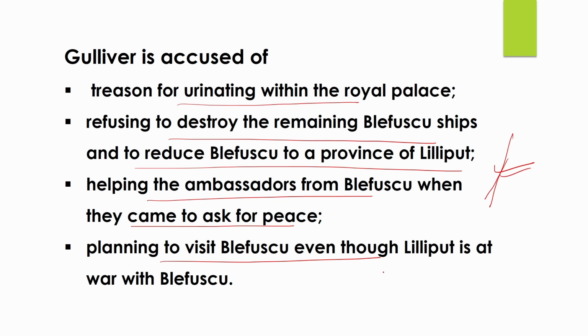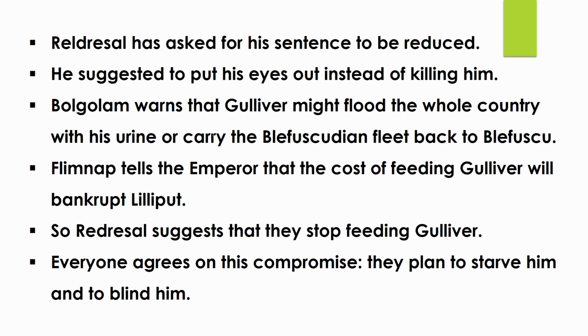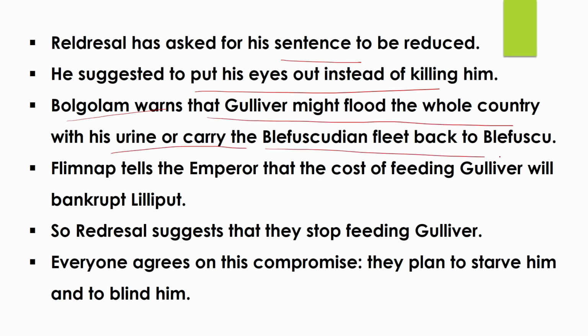Gulliver is told that Reldresal has asked for his sentence to be reduced. He suggested putting his eyes out instead of killing him. That way Gulliver would still be able to help the emperor with his great strength. The whole council is outraged at this suggestion because Gulliver's strength is exactly the problem. Bolgolam warns that Gulliver might flood the whole country with his urine or carry the Blefuscudian fleet back to Blefuscu